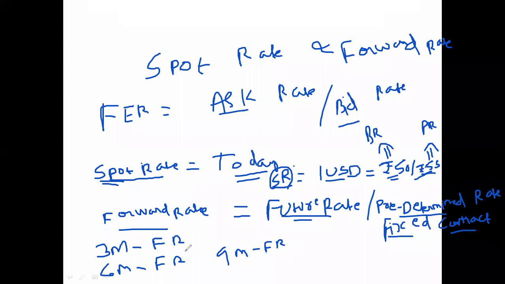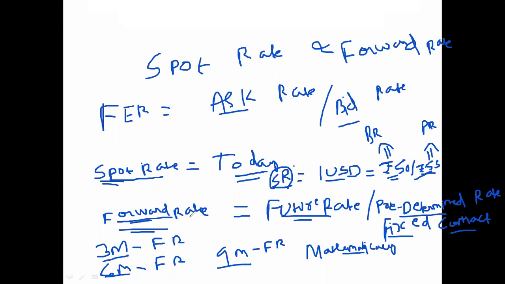Now a very important question which should come to mind: how will the forward rate be known? Because what will be the actual market rate after 3 months, after 6 months, after 9 months will not be known, no? So the forward rate is calculated mathematically using some rules and principles. Two theories we have discussed: interest rate parity and purchasing power parity theory. That theory will be used for calculating, estimating or predicting the forward rate.